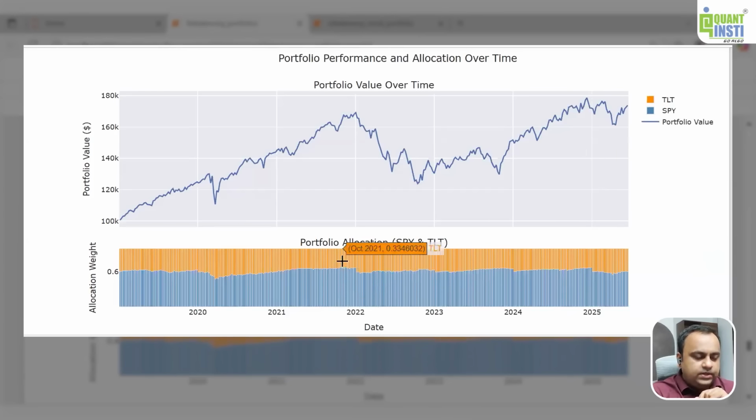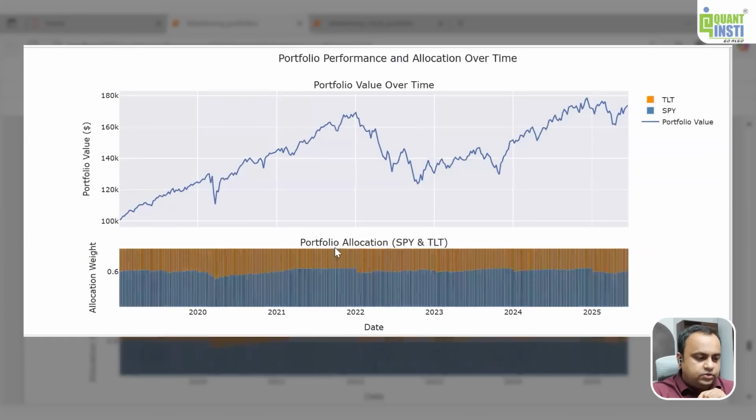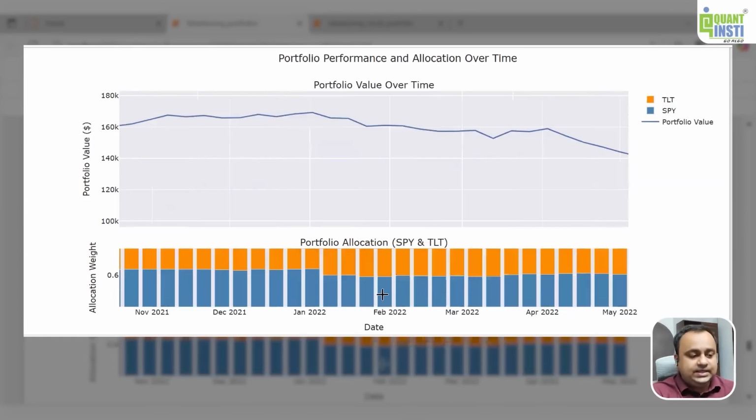Okay, so when you see these blue and orange bars stacked upon one another, the blue one is representing SPY. I have marked 0.6 over here to just prompt where our target portfolio is. And I'm going to just zoom in over here, and you will now be able to see what exactly is happening in this area. Now, in this area, as we traverse from December 2021 and go to January 2022, we can see that the portfolio rebalancing has taken place, which is why now my particular allocation is back to 0.6.